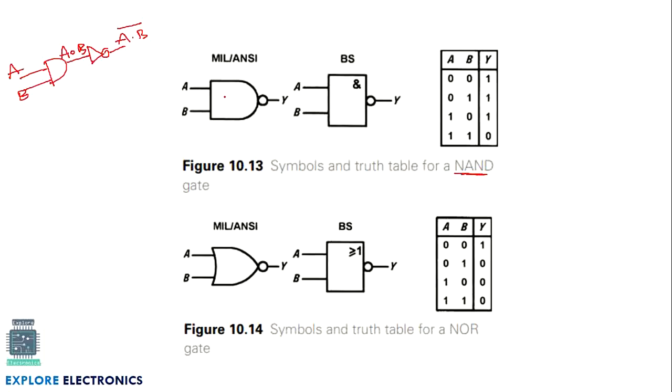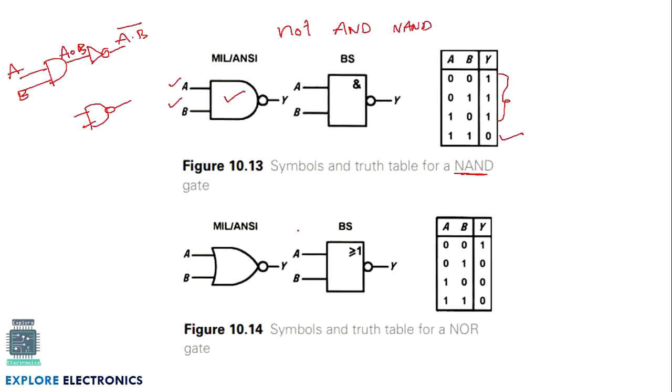Let us understand this NAND gate now. Again, NAND gate will have 2 inputs. For an AND gate, we represent it with a bubble at the output. This makes a NAND. This functionality is exactly the reverse of the AND gate. Recall the AND gate. AND gate will give 1 only when both the inputs are 1. In the NAND gate, we are going to get 0 only when the 2 inputs are 1. In other cases, we are going to get output 1. This is the NAND gate, NOT of AND gate. We can also say that NOT of AND gate is NAND gate.